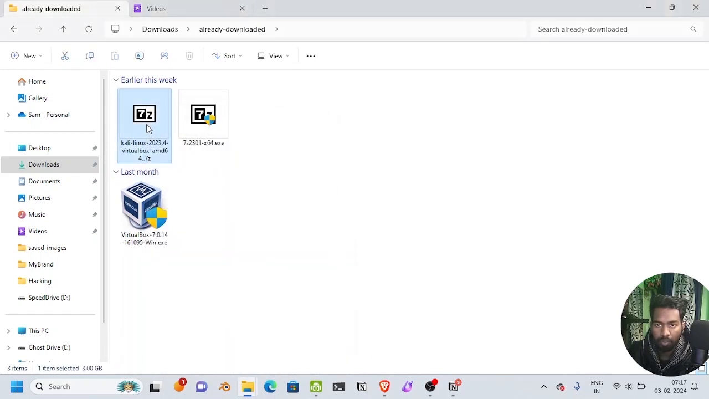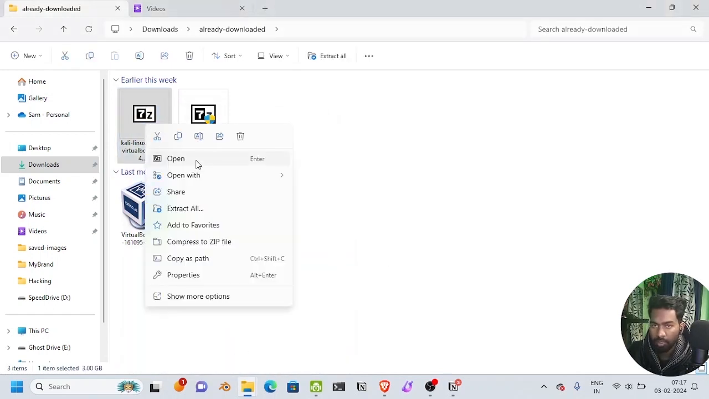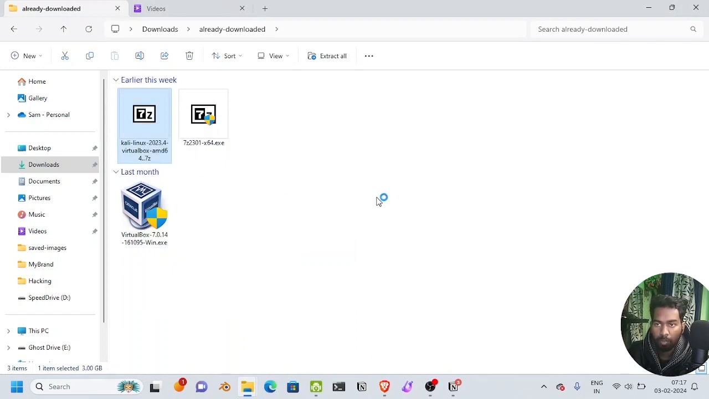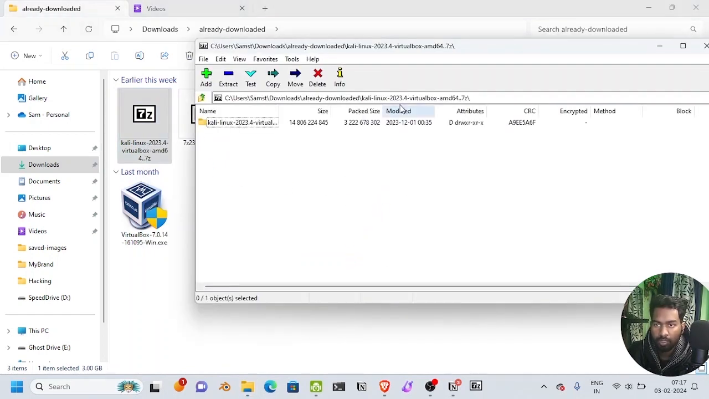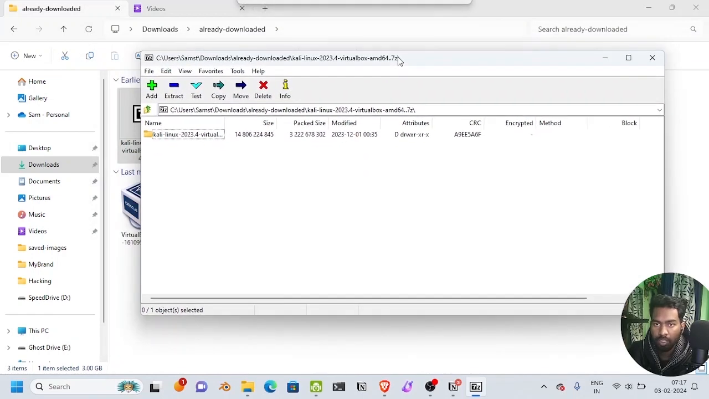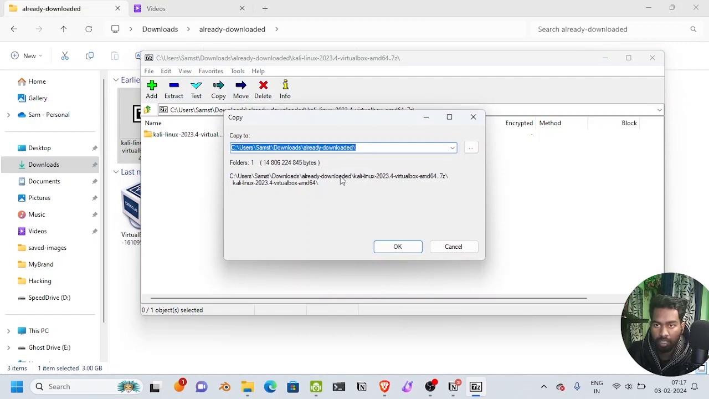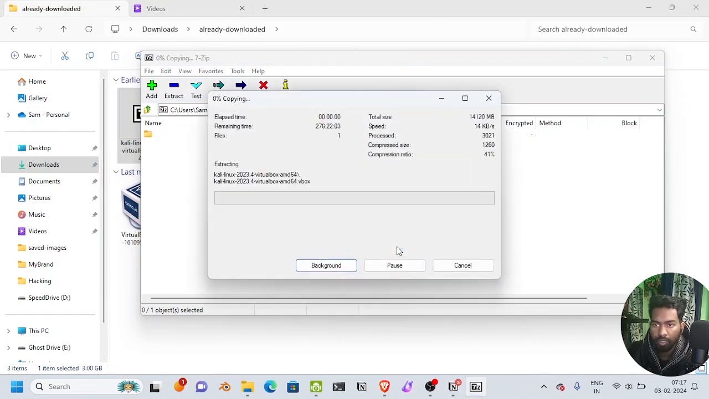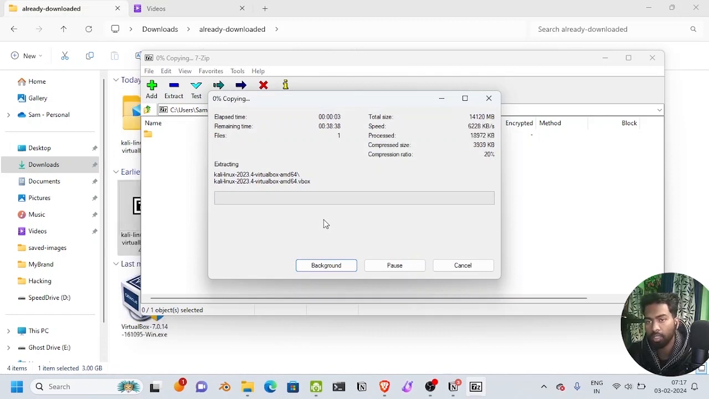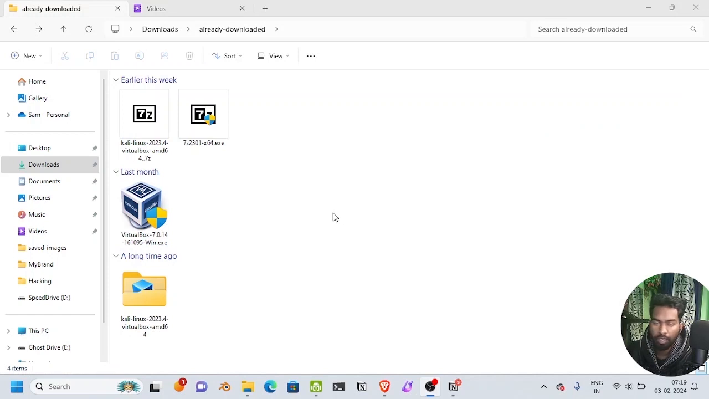Now right click on your mouse, and you will see a wizard saying extract. Click it and it will be extracted. You need to extract this software, the operating system. Click it. I will pause the video and wait till it finishes extracting. Kali Linux zip has already been